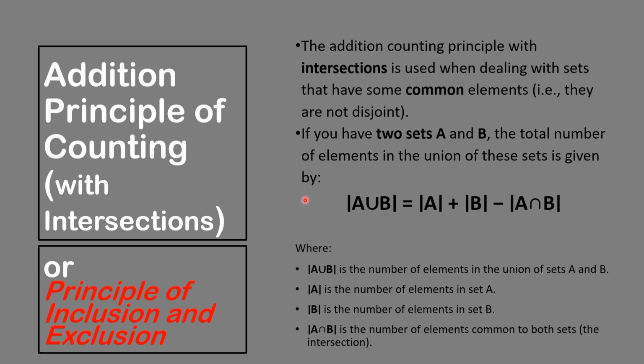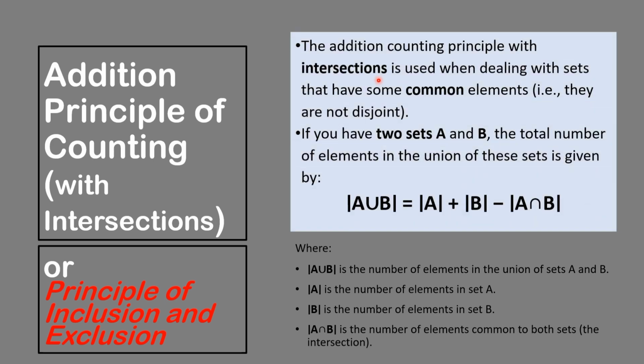What if two or more events have common outcomes or elements, or with intersections, in other words? How do we apply the addition principle of counting? This is also known as the principle of inclusion and exclusion. The addition counting principle with intersections is used when dealing with sets that have some common elements. They are not disjoint. If you have two sets, A and B, the total number of elements in the union of these sets is given by |A ∪ B| = |A| + |B| - |A ∩ B|,